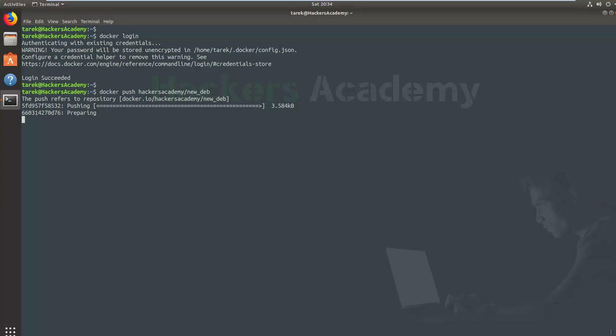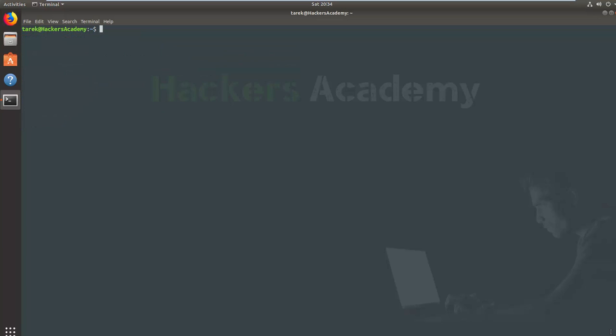To find this image, like we've seen in the first video, you can either use the docker search command or you can go to the web interface. Now, you might notice that the image will not appear straight away. It will take a few minutes for the image to appear, so please be patient. But once it's there, you can use the docker search command to verify that the image is actually on your repository. So for example, here I'm doing docker search Hackers Academy to search for the Hackers Academy repository,